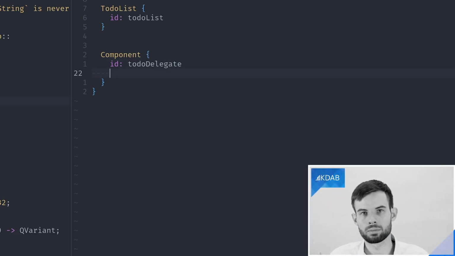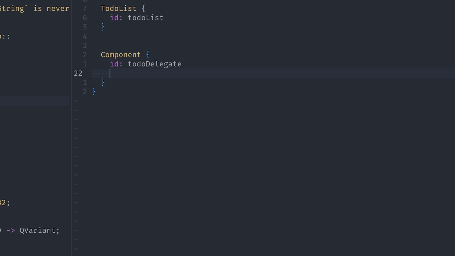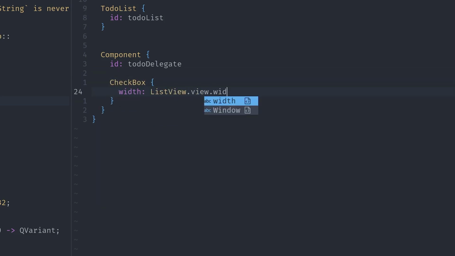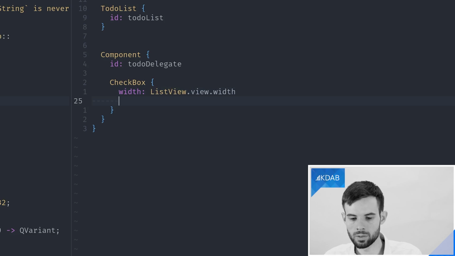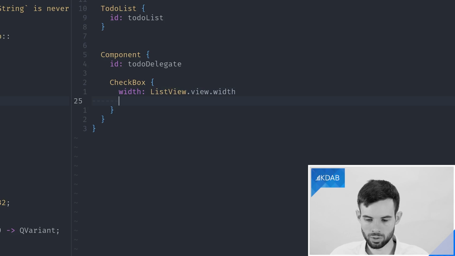For list views and other kinds of model views, usually these individual items are called delegates. So this is basically what the model delegates the display of a single item to. Our checkbox can then fill the whole list view's width by using a special ListView.view.width attribute.